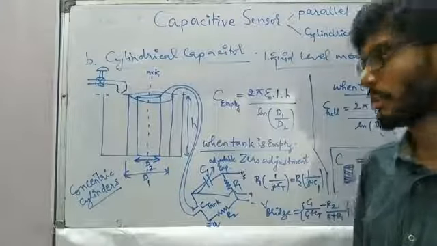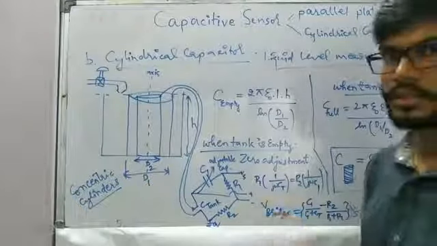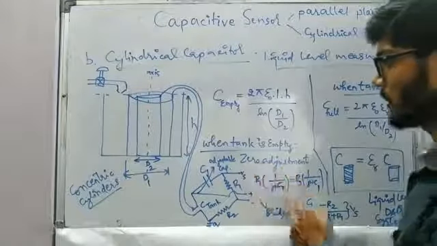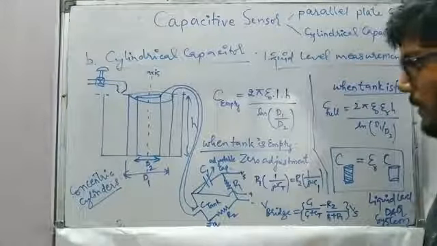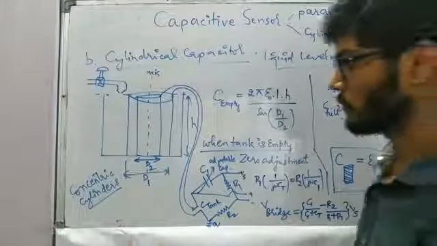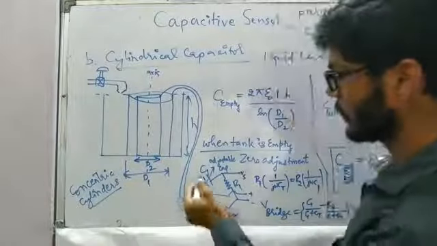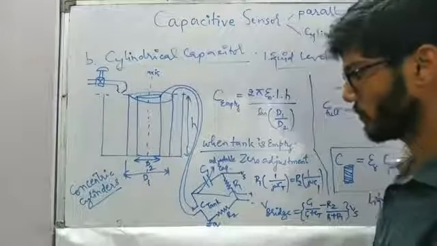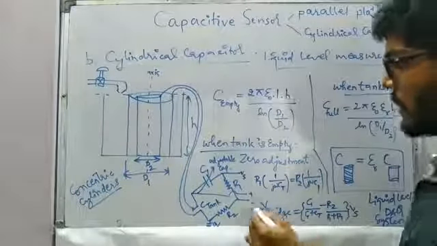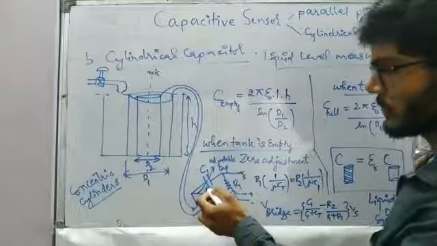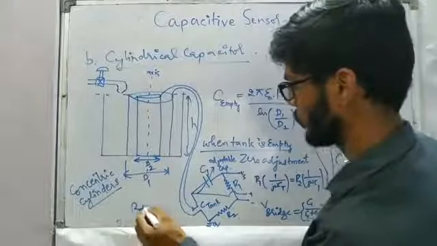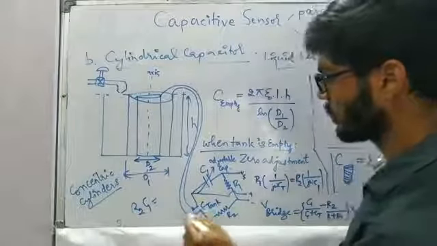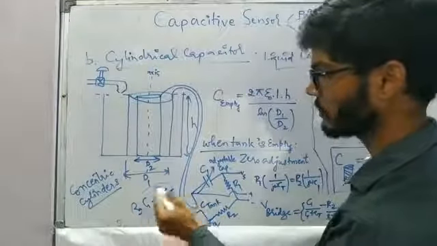It should be zero deflection. So in this case also the deflection should be zero. For that we are using the zero adjustment capacitance. Like in the case of Wheatstone bridges, we used to write R1 into R2 equal to R3 into R4, but here we need to write R2 into Z, the impedance. We cannot simply write R2 into C1 equal to R1 into Ct. So this will be wrong.